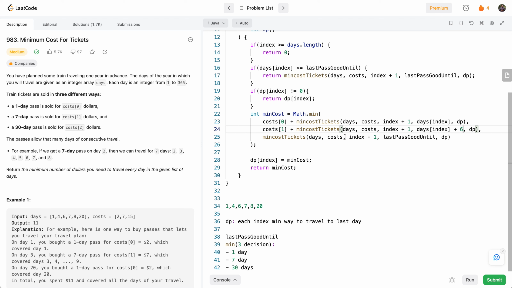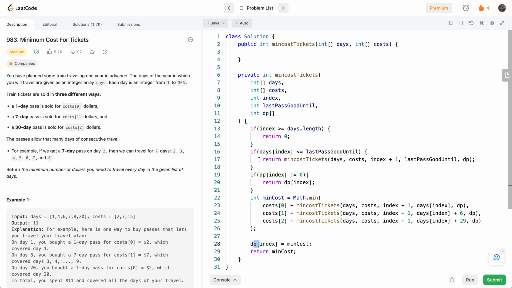The same logic applies here, where we'll say costs at 2 for the 30-day pass, and this time it's good until days at index plus 29, because it's a 30-day pass including the current day. Whatever the minimum of these 3 options is will be the minimum cost, and that will be stored in our dp